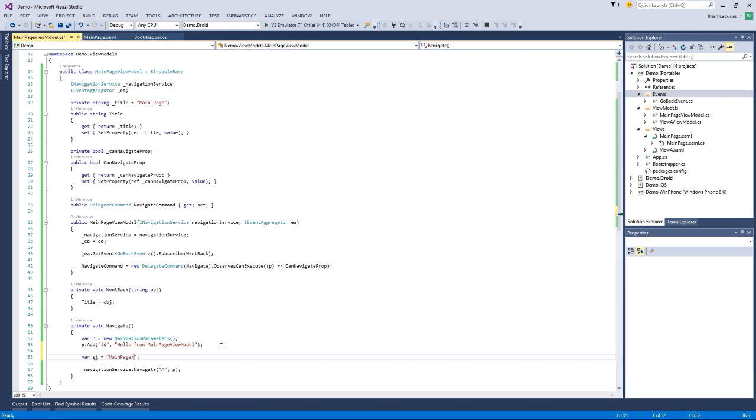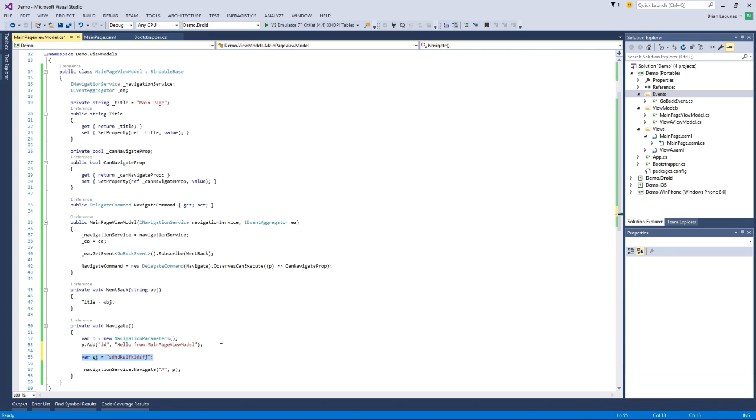It could be as simple as that. Or what the navigation service does, it's going to strip out the protocol and the application and the root. So if you had HTTP, BrianLagunas.com, whack, blah, blah, blah, it's going to strip out all the crap it doesn't care about,